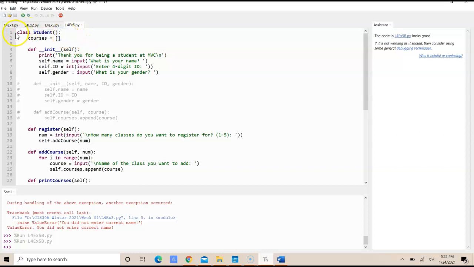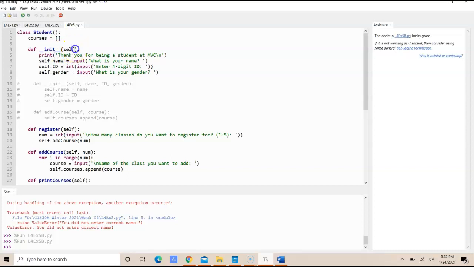So the first line here allows us to declare a class called student, and we want the user to input the value for the courses, the type of courses. They can type in a course like English or math or history, or computer information system. So we wanted to create an empty list named courses, and we wanted to use that list to store the user input. Then we would use an init